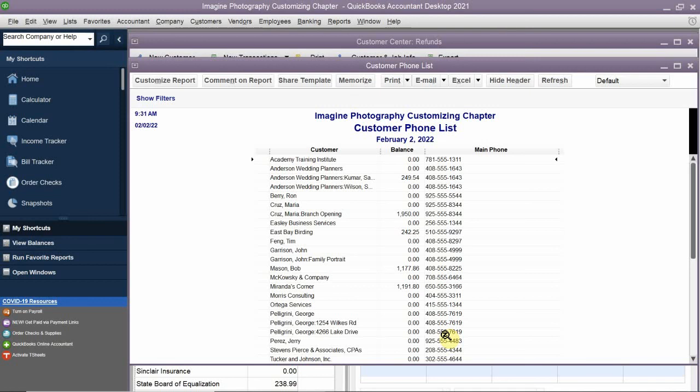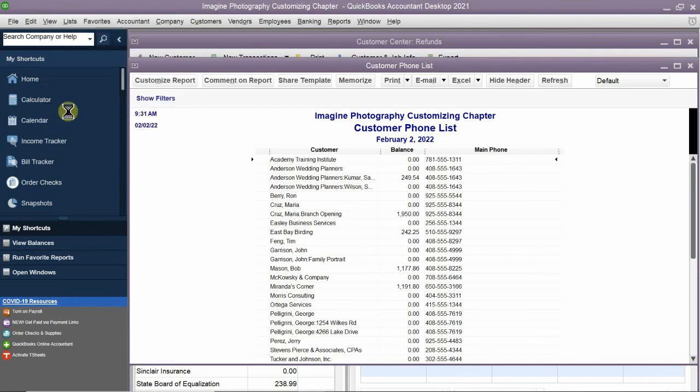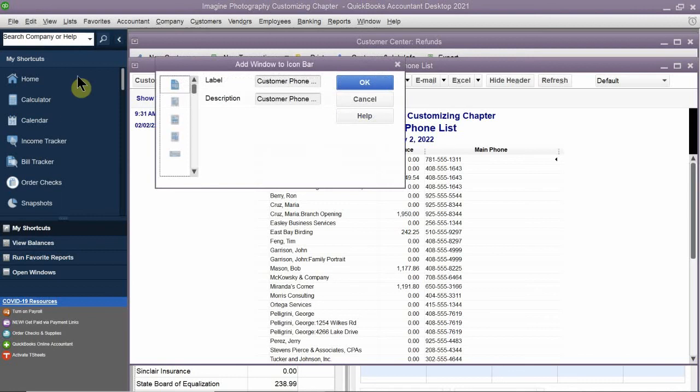So once I have this displayed, I am going to go to my view menu, okay? And then it's going to say add customer phone list to icon bar. So you need to create the report first. And then when you're currently looking at it, that's where you can go ahead and click on view. And I'm going to add the customer phone list to my icon bar. So once again, it's going to ask if you want to name it customer phone list. No, I'm going to call this